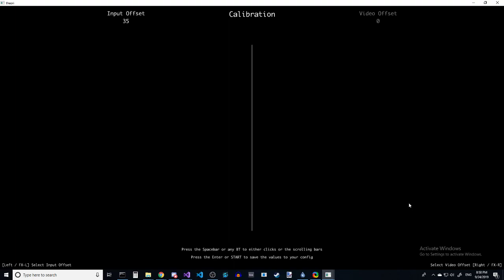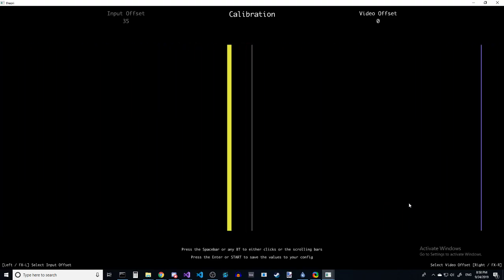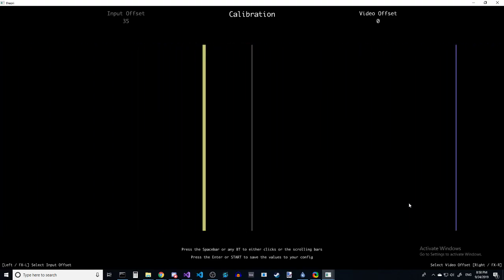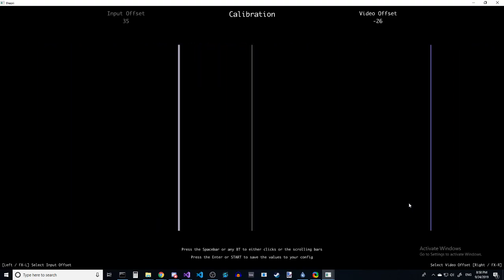So right now I'm getting about 35, which is actually pretty close. I might lower my thing. If I hit FXR, that will then take me to the much quieter video tuning. I'm going to do the same thing. Every time it flashes yellow and gets bigger, I'm going to hit my BT buttons,